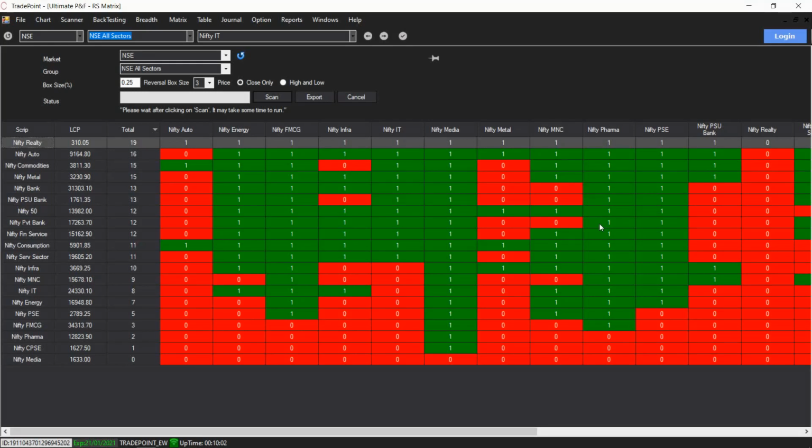So when you perform price analysis on stocks with this kind of analysis, you know which stocks to focus on. If the stock belongs to a performing sector, then you should look for buying opportunities more in that stock. You should look for breakouts in those stocks. If the stock belongs to an underperforming sector, then you can perhaps avoid that stock.